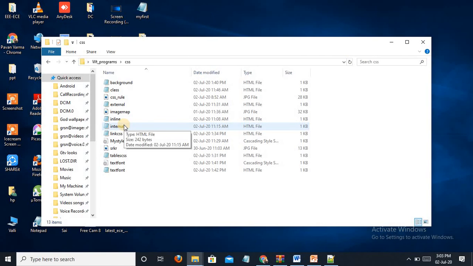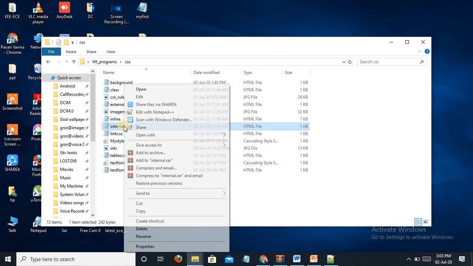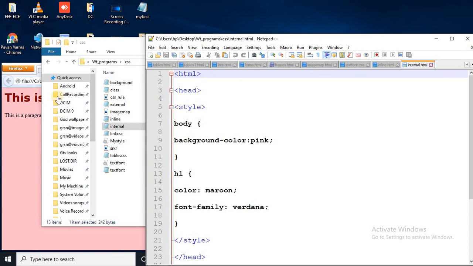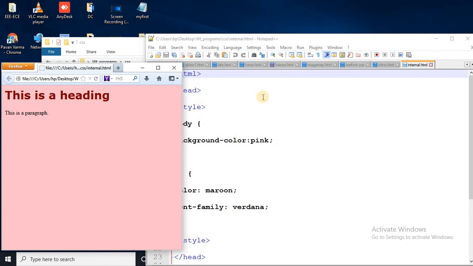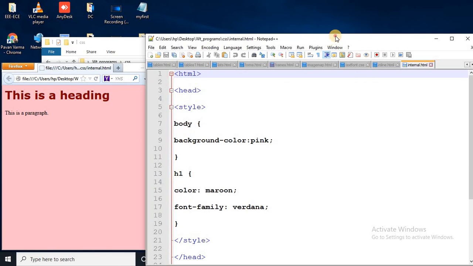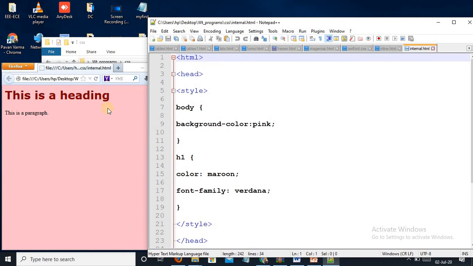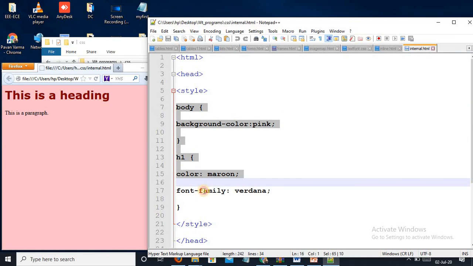Coming to internal CSS, this is the internal CSS example. As I already told, internal CSS is written in the style tag in between the head. In style, this will be applied to whatever elements we want. For body, I have applied background color pink. The background color is pink, and for H1 color maroon. This is maroon, and this is the heading one.